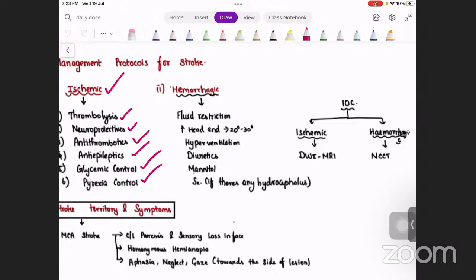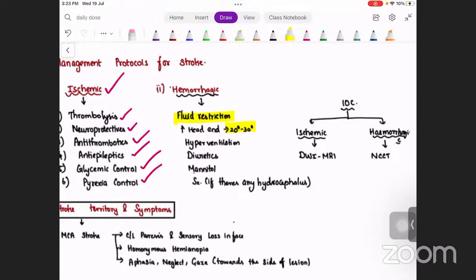Okay, now speaking about the hemorrhagic stroke: immediate fluid restriction, head end elevation to 20 to 30 degrees. That is the classical thing you do. Immediately, whenever you find on the NCCT brain that there is a hemorrhagic stroke or any ischemic stroke with hemorrhagic transformation,